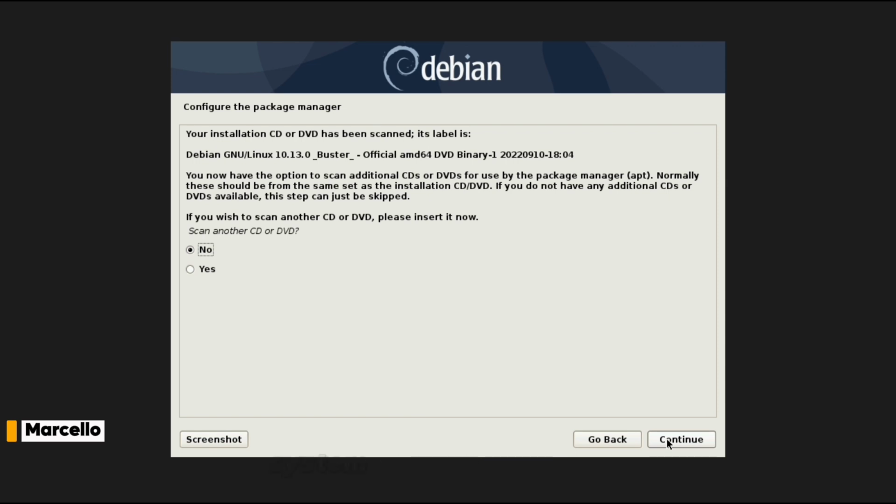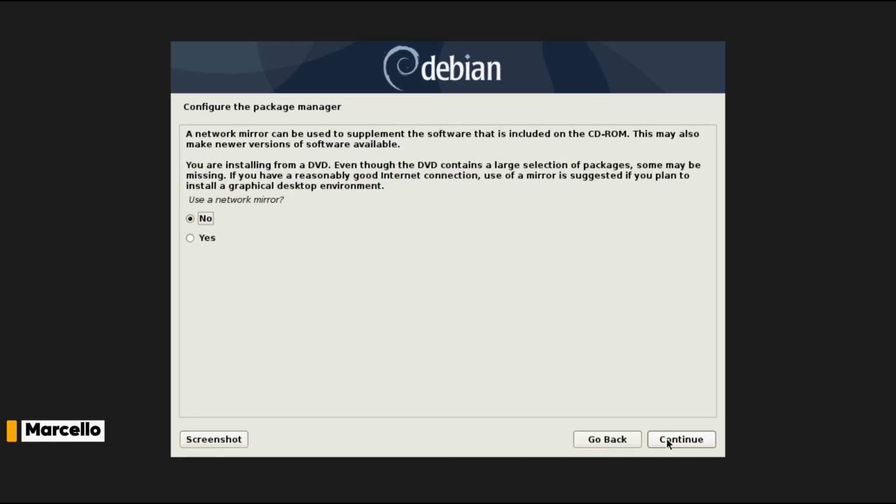After the base system has been installed, the installer will ask whether you want to scan another CD or DVD. Select no, then click continue. When asked to use a network mirror, choose no and click continue.